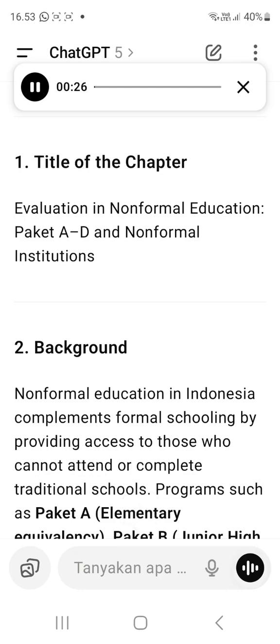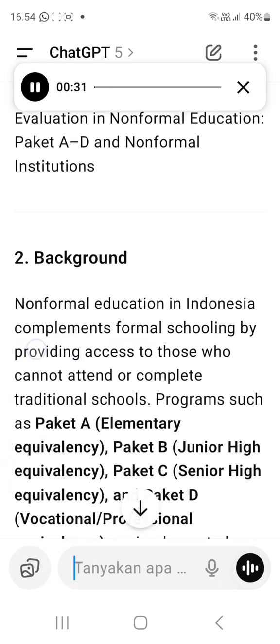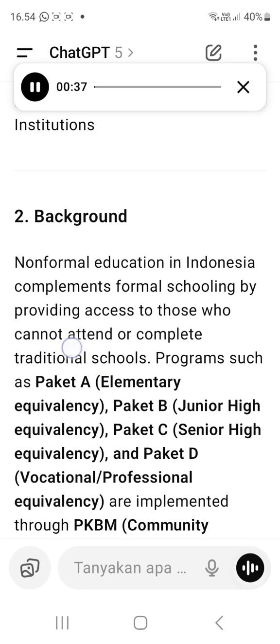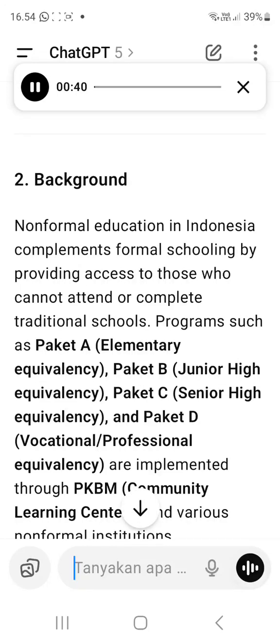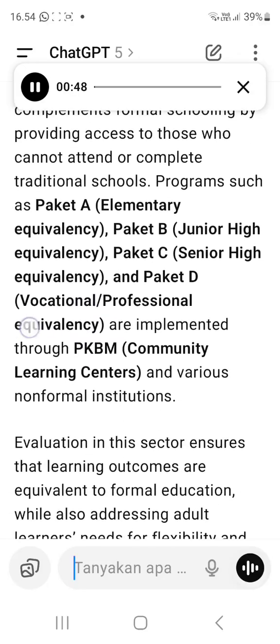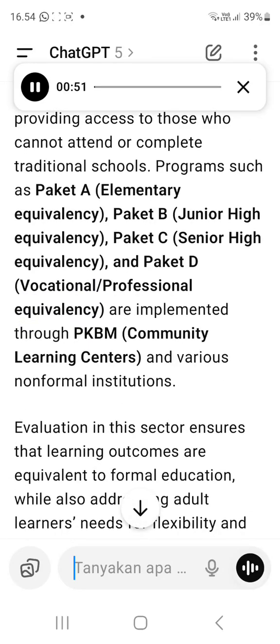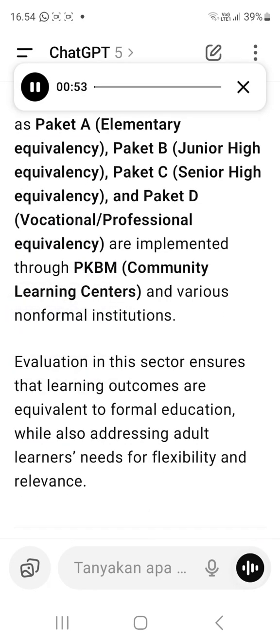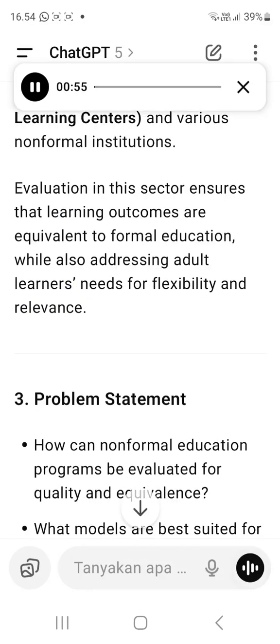Non-formal education in Indonesia complements formal schooling by providing access to those who cannot attend or complete traditional schools. Programs such as Packet A, Elementary Equivalency, Packet B, Junior High Equivalency, Packet C, Senior High Equivalency, and Packet D, Vocational Professional Equivalency, are implemented through PKBM, Community Learning Centers, and various non-formal institutions. Evaluation in this sector ensures that learning outcomes are equivalent to formal education, while also addressing adult learners' needs for